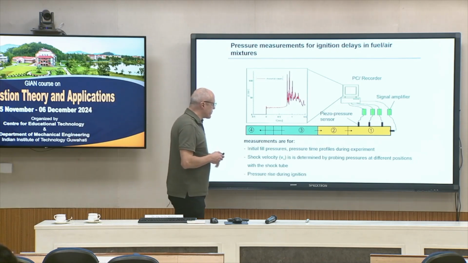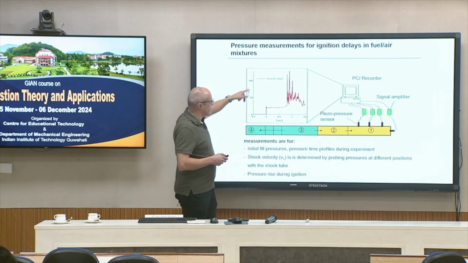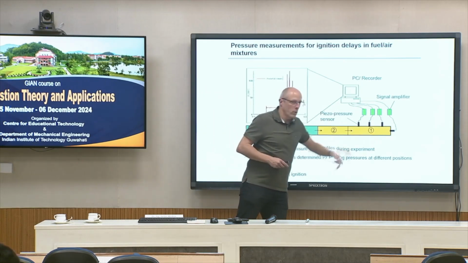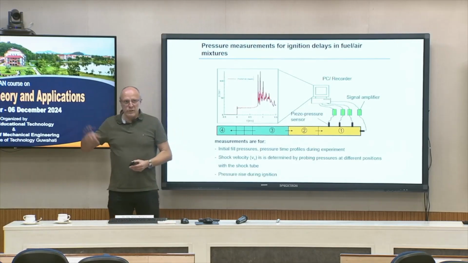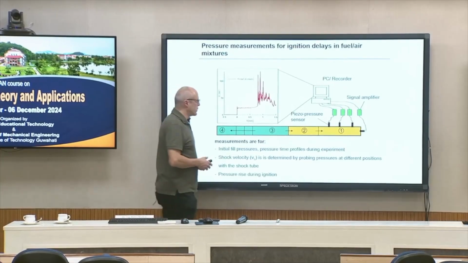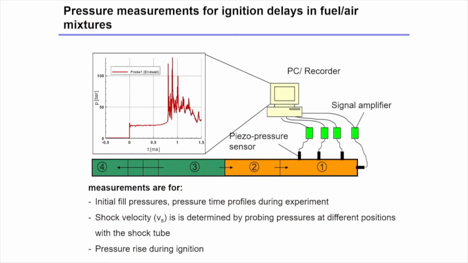And this is what you see here, for example, the pressure at the end wall in our section 5. We see the increase of pressure here already after the reflection wave. And then it takes some time until ignition takes place and the pressure increases further. So this can be used, for example, for a simple ignition delay time